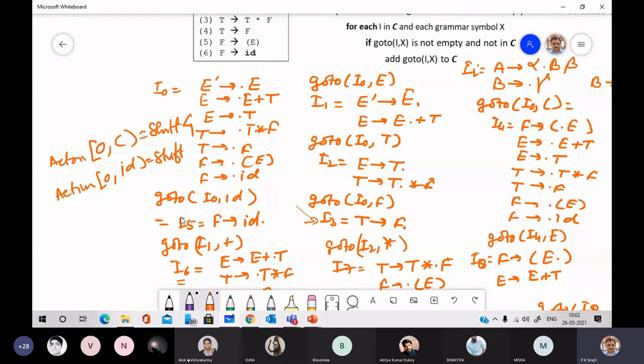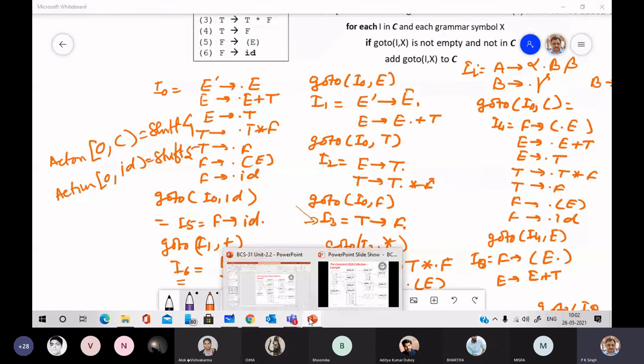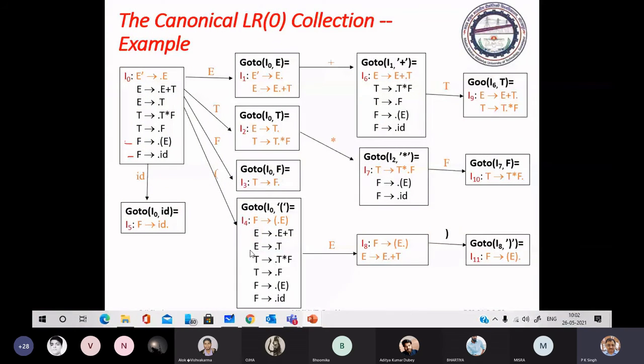And go to I0 ID is I5, so shift 5. If you use this transition diagram, it will help you.